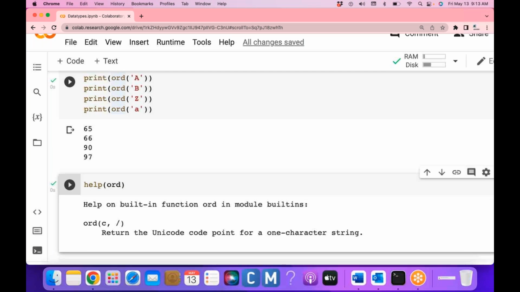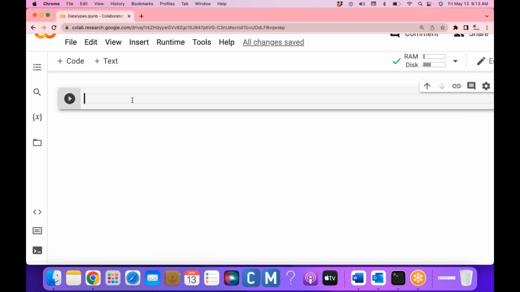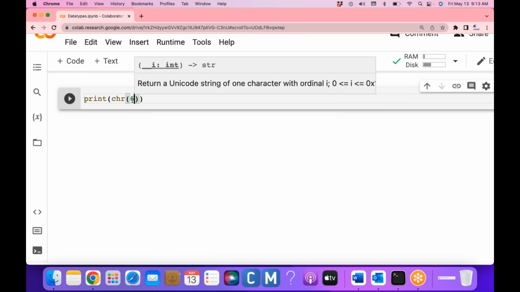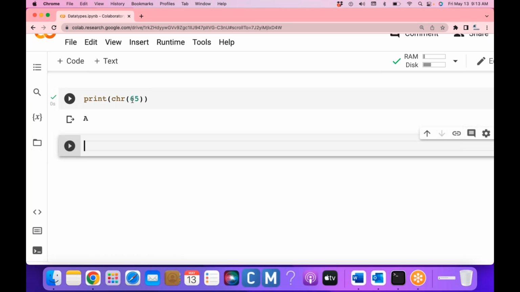Okay. We have one more function, CHR. What it does is, you provide a number, and it returns the corresponding character. So the character for 65 is A, and likewise for each number, up to 122 or 150, you have an ASCII table. From the ASCII table you get the numbers. If I give a number to this CHR, it returns the